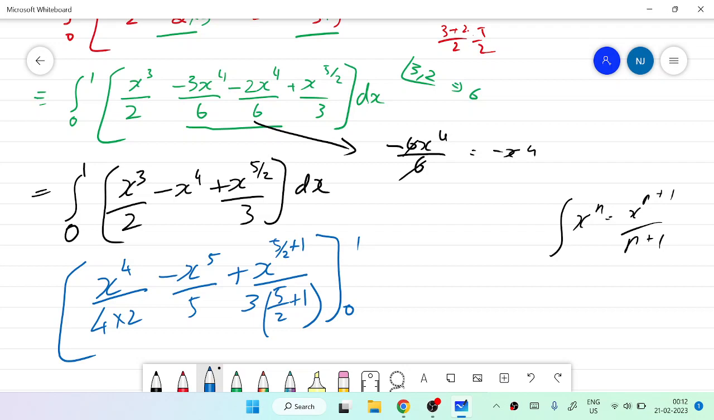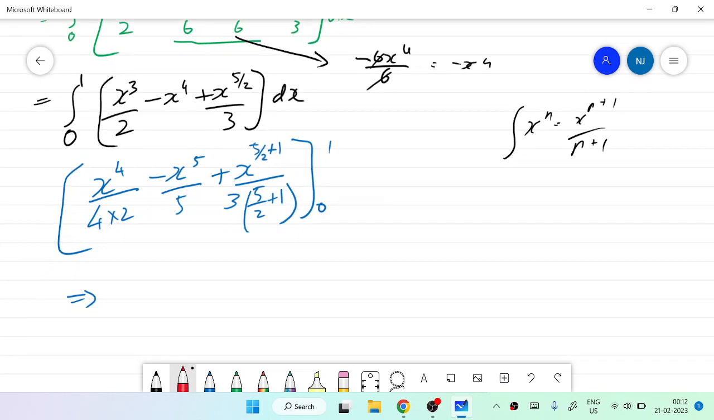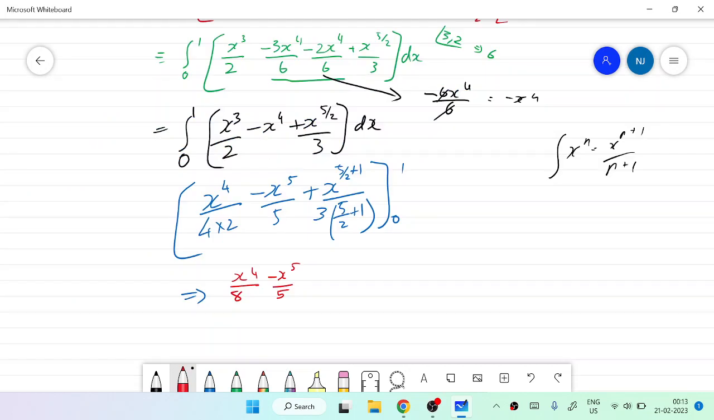Then I'm going to simplify this. So it will be x power 4 divided by 4 into 2, that is 8. Then minus x power 5 by 5. Sorry, I did one small mistake here. Actually, the thing here is